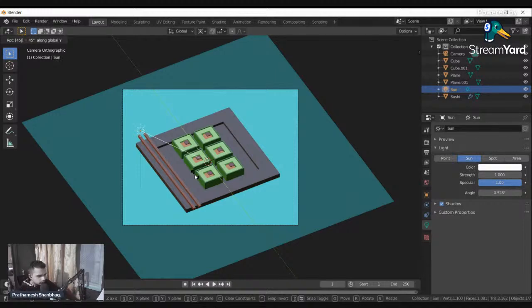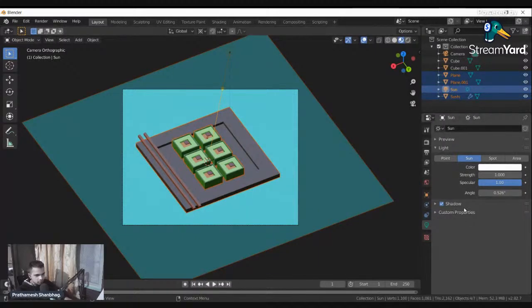Yeah, you press 45, and then because the light is coming from the left hand side and that is not what we want, we press minus so that light goes that way, and then press enter. Also we would want to rotate it along the Z axis, so press Z and 45, then enter. So this is how the lighting setup is done.